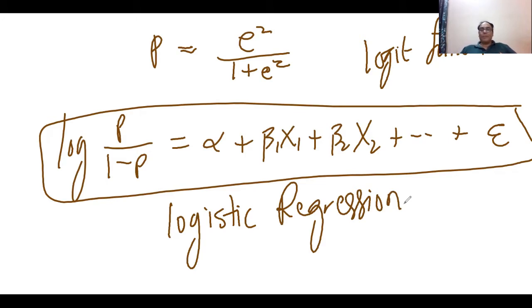If you have a pen and paper, kindly note down these two things, because we are going to use these two equations again and again. If you understand only these two equations, everything will be clear. Now I am going to the logistic regression part. I will explain each and everything from the data set. I am going to open the data set and run the logistic regression model.